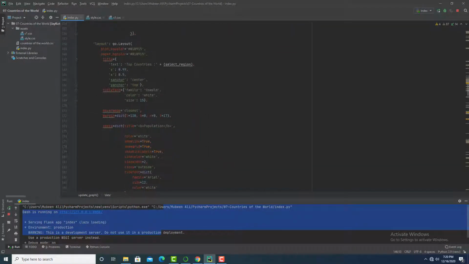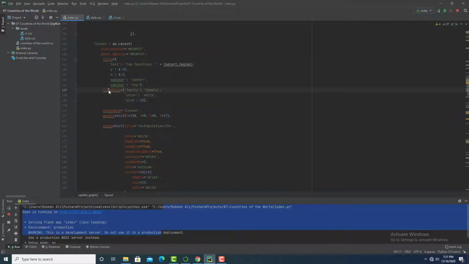Then I have created the layout for this horizontal bar chart. I have used these two parameters to change the background color of the plot and paper. Then I have created the title for this chart.